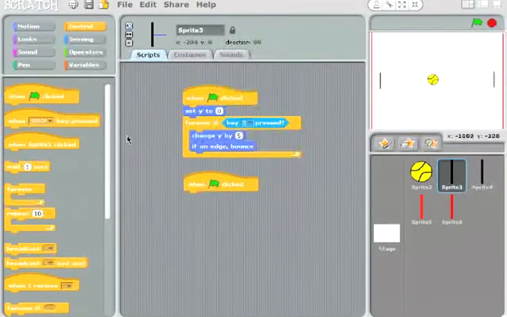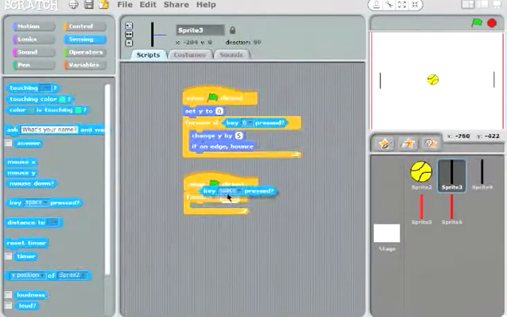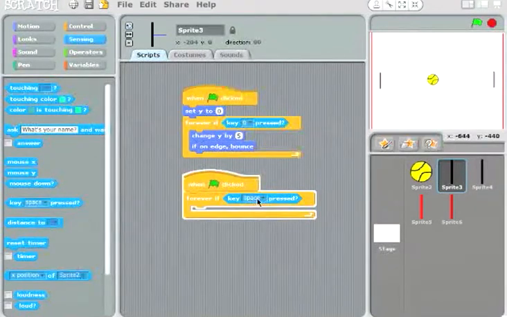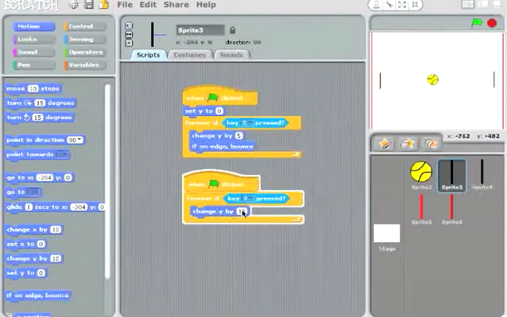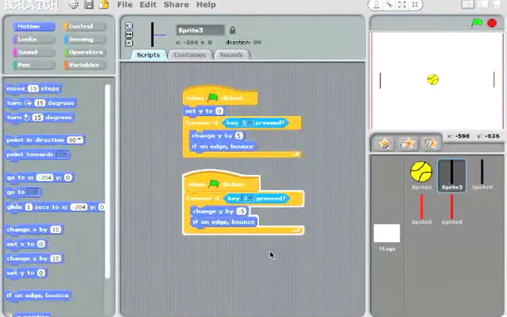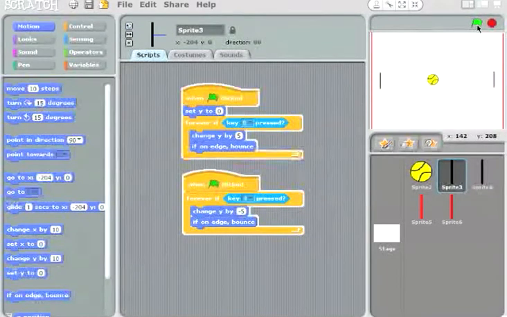So we can go straight to a forever if, key pressed, and in this case it's the letter A, motion, change Y by -5, so it goes down, and again if it hits the bottom we want it to bounce back. And if we test that out, now we can control player 1,